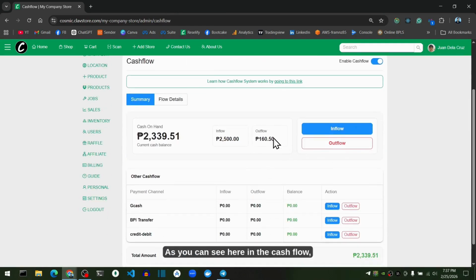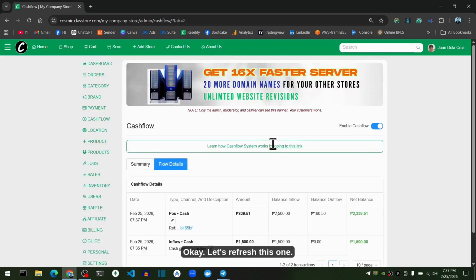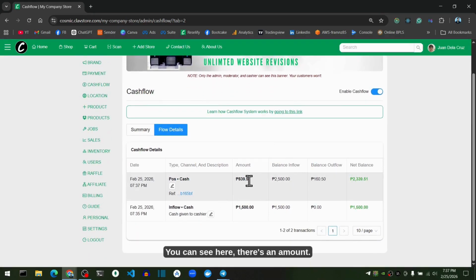As you can see here in the cash flow, there is an outflow of 160 pesos and an inflow of 1,000 pesos. If you click this flow details here, let's refresh this one. You can see there's an amount inside your cashier. The customer gave the cashier 1,000 pesos.